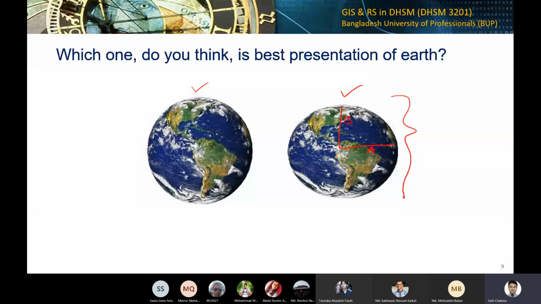Anyone have any question? কারো কোনো প্রশ্ন আছে? ওকে, প্রশ্ন না থাকলে আমি রেকর্ডিং অফ করে দিচ্ছি।